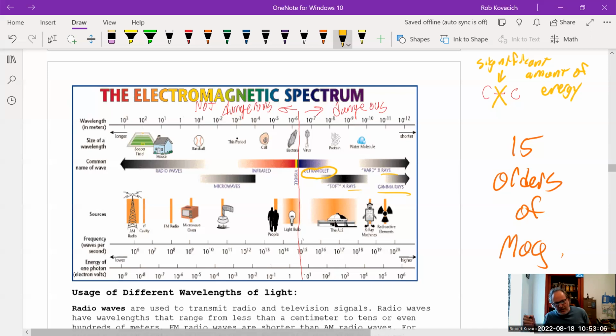Some X-rays and some gamma rays do get through, but it's a very, very small amount that actually makes it through our atmosphere. Most of them just get basically deflected and shot around the exterior of the planet. But some ultraviolet rays can make it through to us, and that's why we need to protect ourselves from that. So it's important for us to realize that the short wavelengths